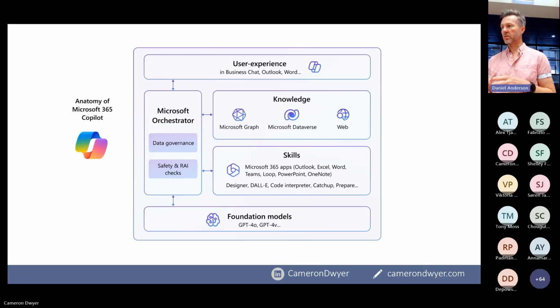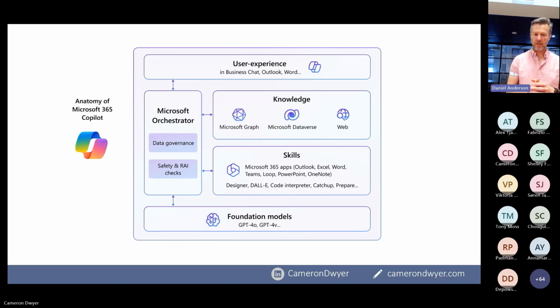I liken it much to the race we had for enterprise search almost 20 years ago now, where we had multiple vendors trying to own that one search box that you could come to perform your search across all your enterprise data. Now, this race for enterprise AI is much the same. Every vendor is looking for that way that they can reach into all of your enterprise systems and reason over it to be that one go-to place for enterprise AI.